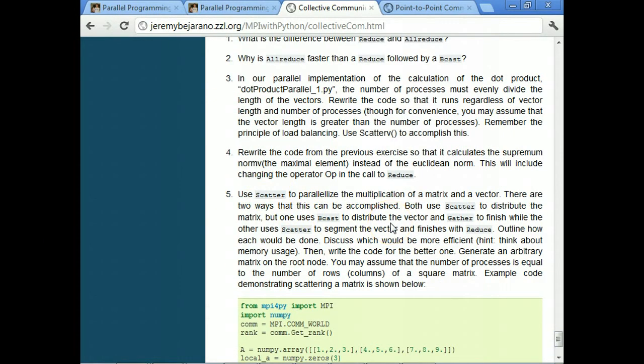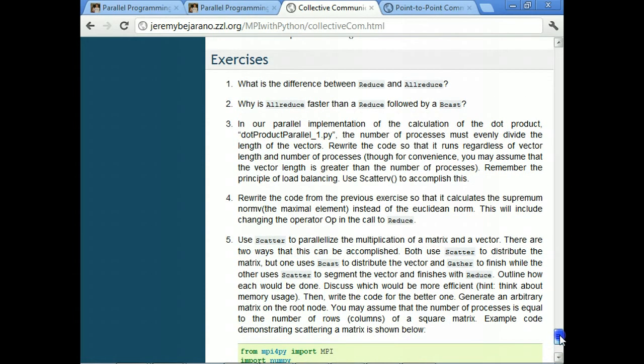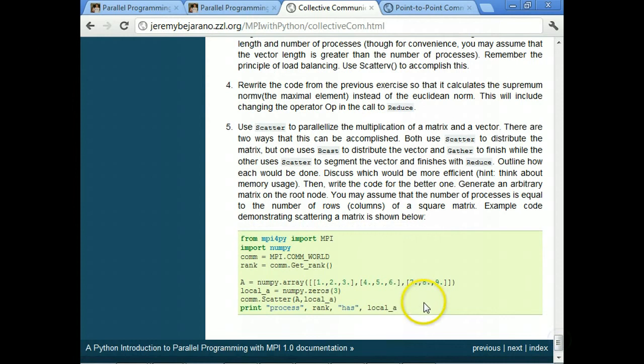Both use scatter because both distribute the matrix. One is going to distribute as if the matrix were in column major order and the other in row major order. But one is going to use a broadcast and a gather, and the other is going to use a scatter and a reduce on the vector. And so that will be kind of interesting to come up with.